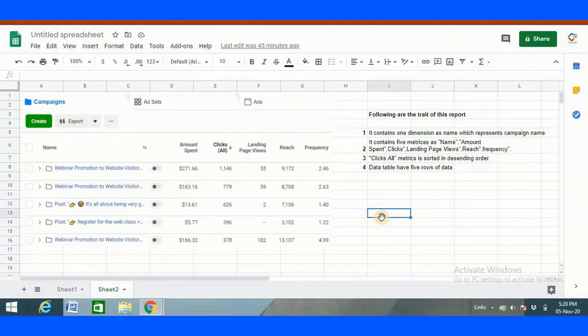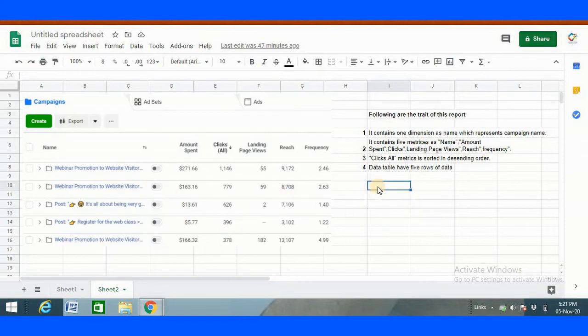Before extracting the Facebook ads data into Google Sheet, there are some points which we need to keep in mind. As you can see, this is a picture of how our data will look if we extract Facebook ads data into Google Sheet. But first, I want to let you know that I am not running any Facebook ads on my page, so at the end it will show 0 results found. But today I will show you the procedure for how you can extract Facebook ads data into Google Sheet.